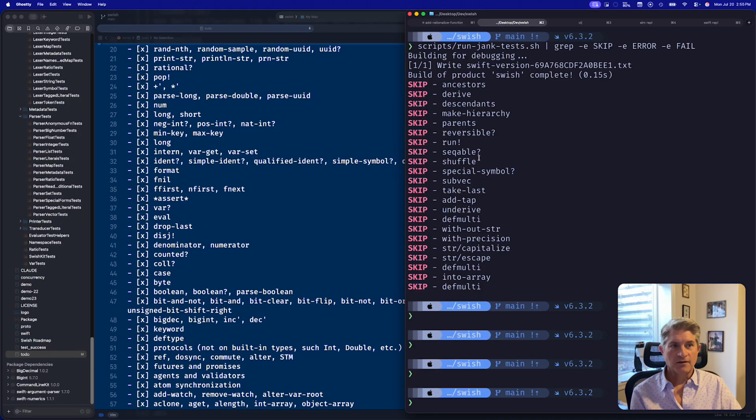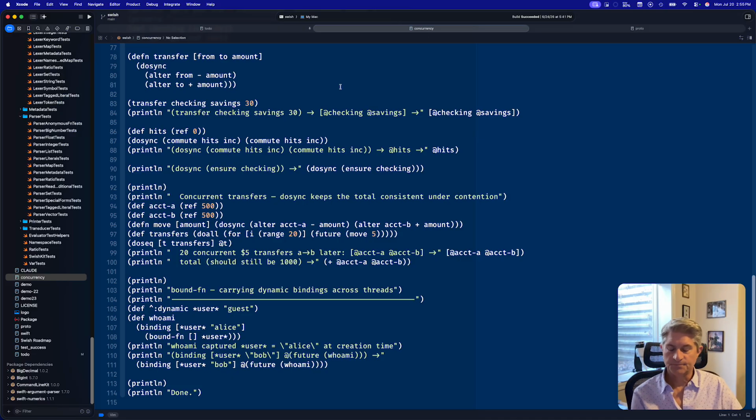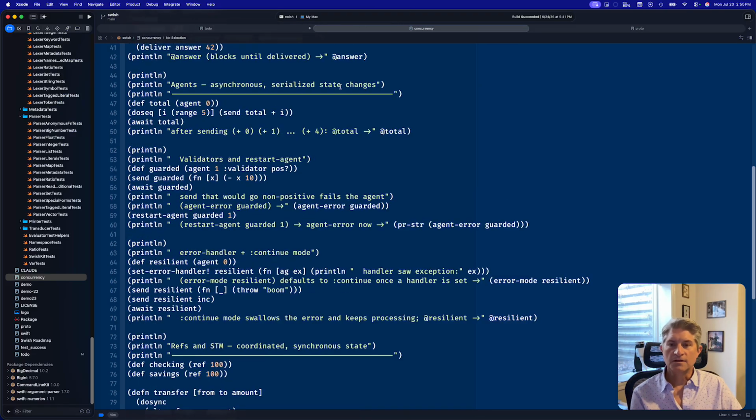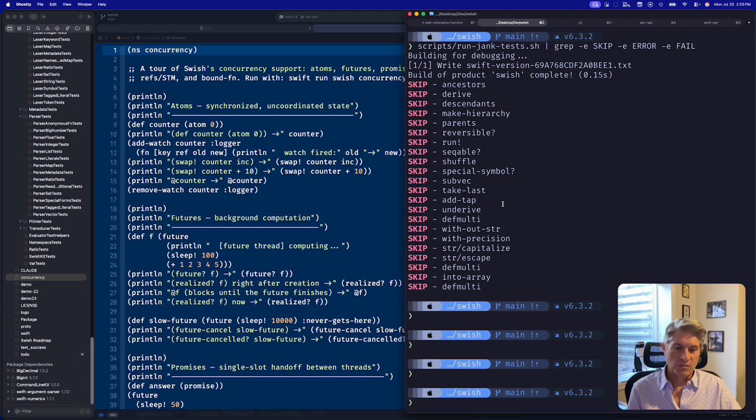Now I've got a few demos to do. And first let's look at a concurrency demo that just shows off all the concurrency functionality. Well, let's just run this and I will go over it by hand. So if I clear this,